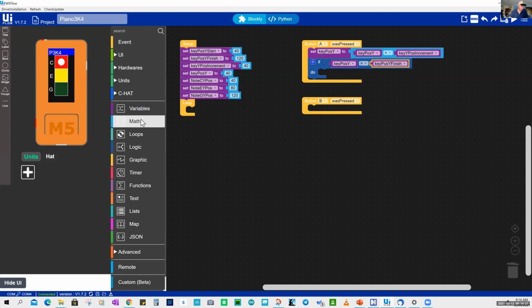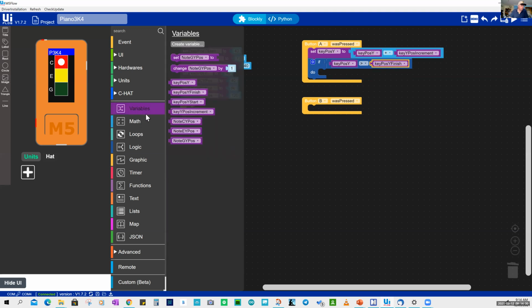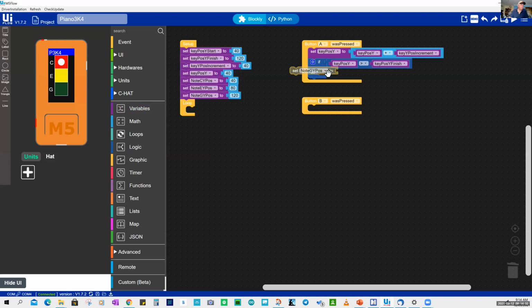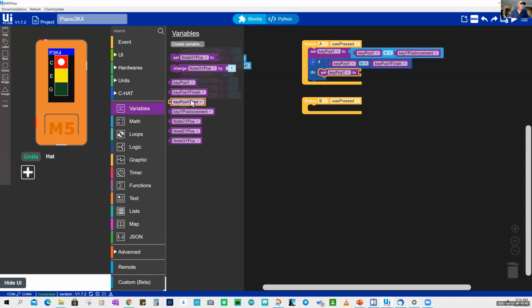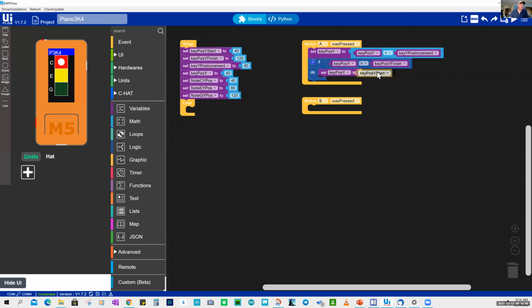We want to reset the Y position. The variables set, bring down the set, and we want to select the Y position and set it to the start. So we bring down Y position start. And what we've done here is to reset. If it's equal to or greater than the final, we can then reset it. We want to keep the final one. Okay, so if that's the case,